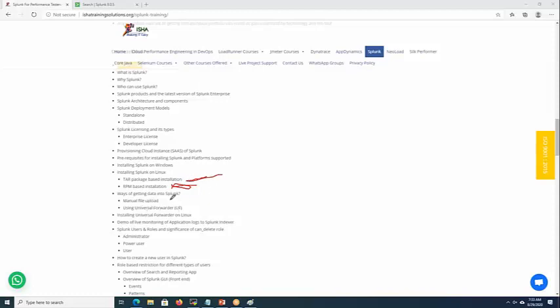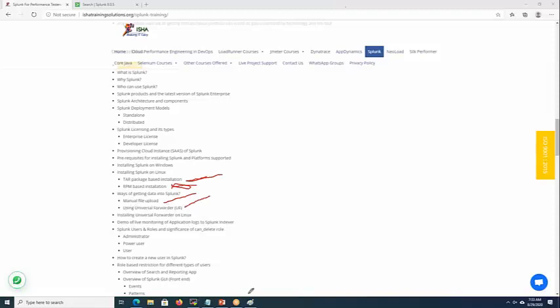If you don't have any live monitoring or live application, we can upload our data into Splunk and execute the Splunk queries. We'll see how to get the data into Splunk, and we'll see the universal forwarder.